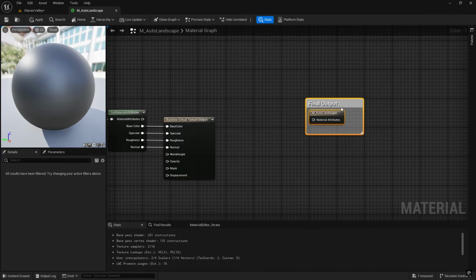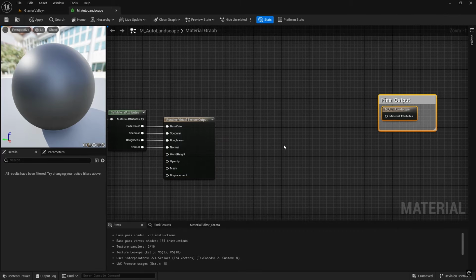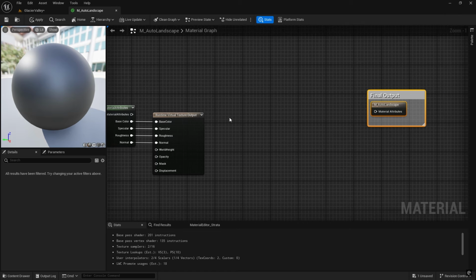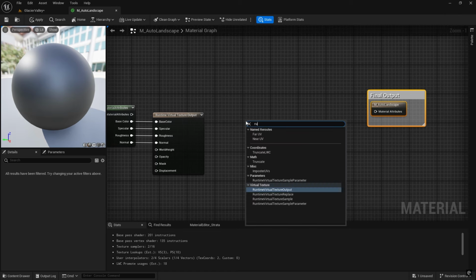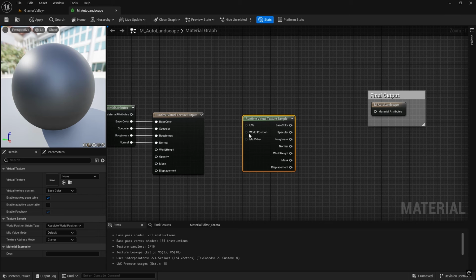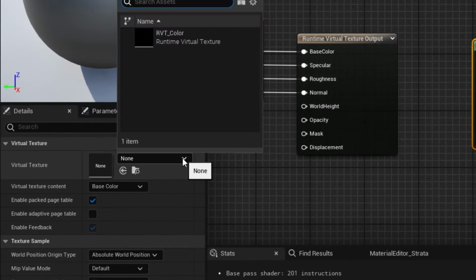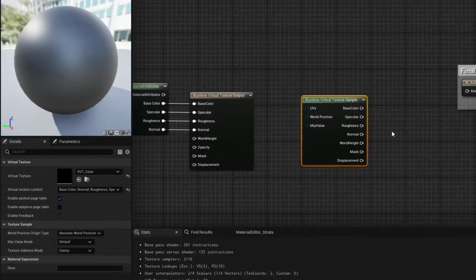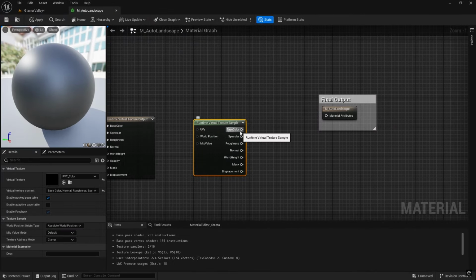Now what we need to do is read from it to generate our output. So there's a corresponding node for the Runtime Virtual Texture, Runtime Virtual Texture Sample. And it's got these various inputs here, but by default it will use the world position to dictate where the texture is going to be put on the landscape, which is what we want. We'll need to define the Runtime Virtual Texture asset we want to use. So in here we're going to use our RVT color, and now we're going to plug these back out into